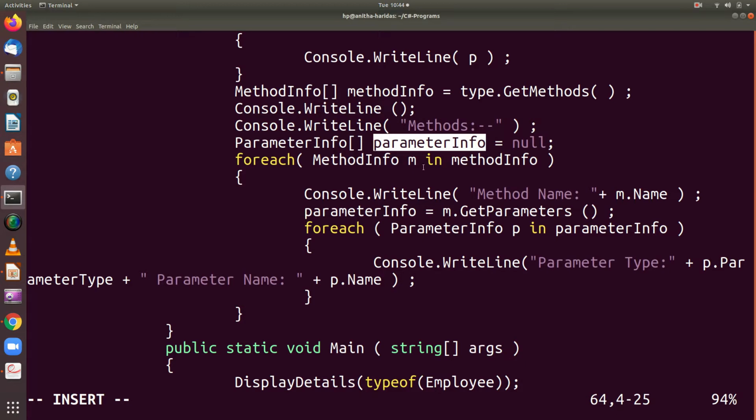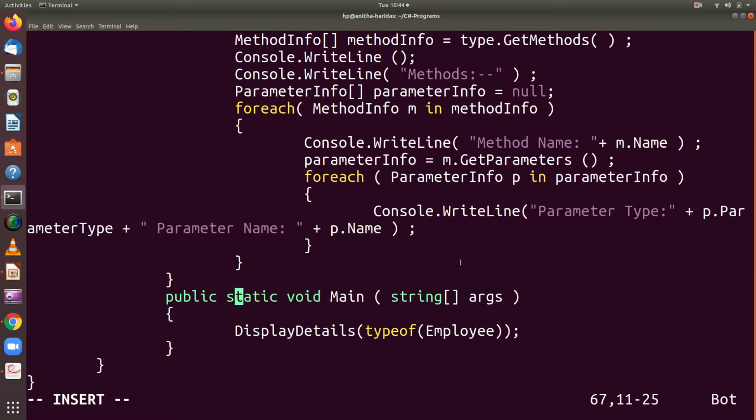Then for each method, all the methods being available in MethodInfo, for each method, which is represented as m, I am going to get the parameters and store them in ParameterInfo, which will be displayed using a foreach statement, right?